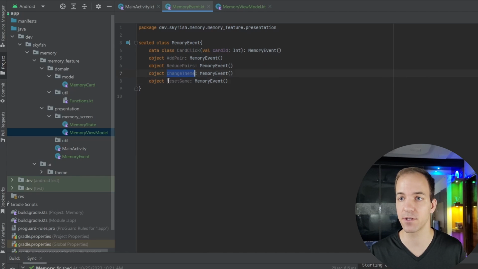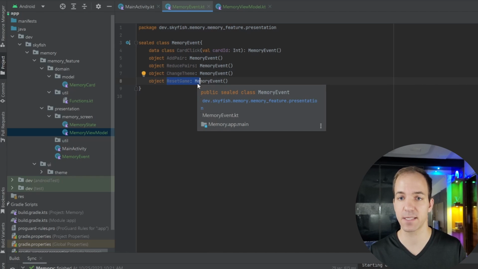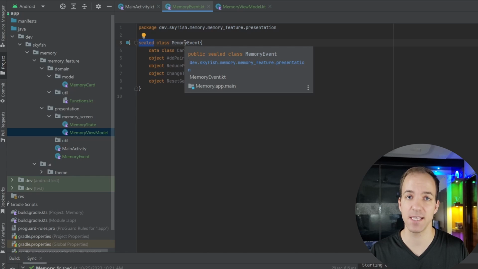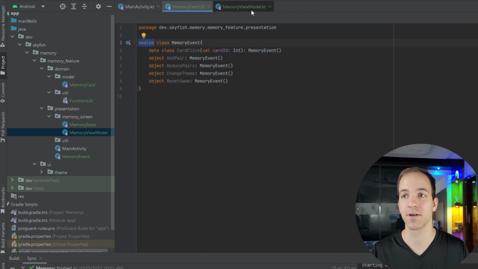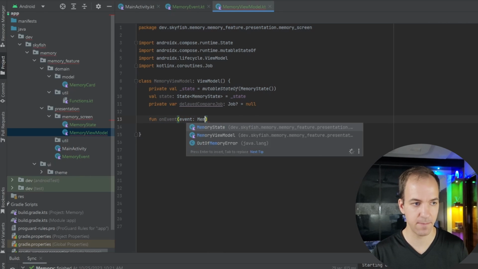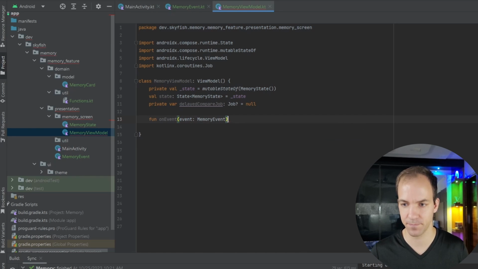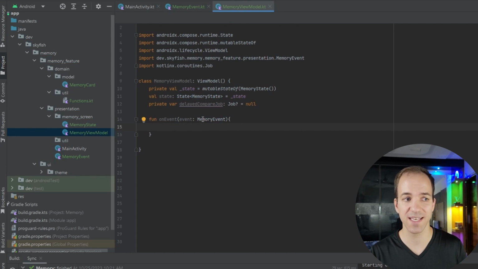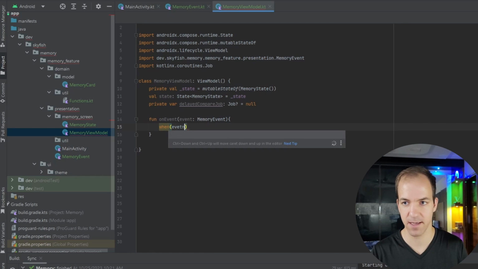And whenever the UI sends one of these events back to our view model, what we need to do is handle these, and because it's a sealed class, we can handle that very easily inside of our when statement. So down here, I'm going to say fun onEvent memoryEvent, and then inside of here, all we need to do is say when event,